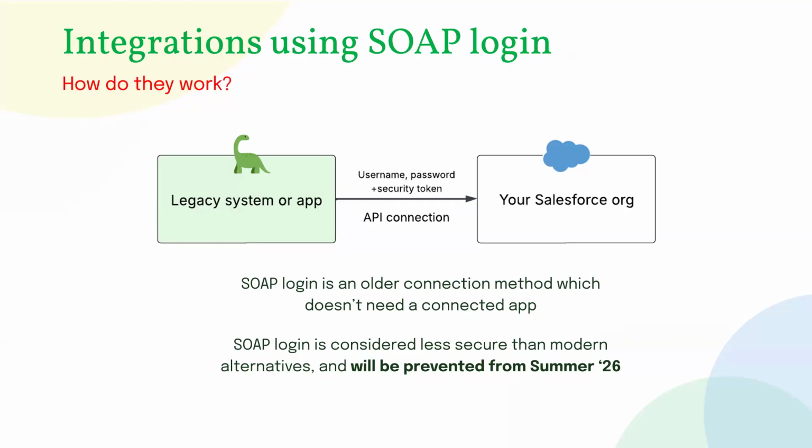This has been supported by Salesforce for quite a long time, but they've announced that this is going to be prevented from Summer 27. Don't worry too much about this, but Summer 27 will be here sooner than we imagine, I'm sure. So this is one to plan around, because if you do have legacy integrations that are connecting this way, depending on the system, it might be quite an involved thing to have those reconfigured to use a more modern method.